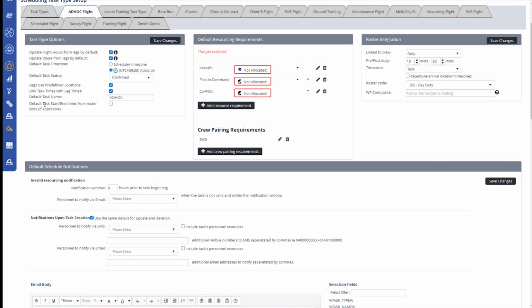Default task start and end times from roster code, if applicable. So what that's referring to is something that will provide more context over here. If we jump all the way over to the right, we'll see we've got a roster code, and essentially we're saying that we're going to